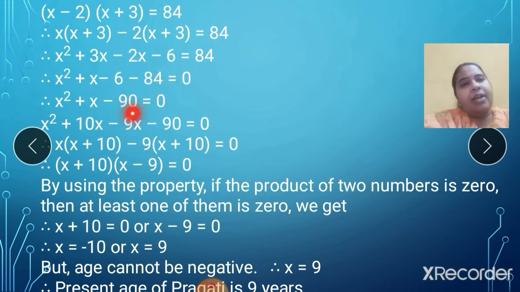You need to add it and put minus sign to the answer. So 84 plus 6 is 90. Since both are negative, it will become minus 90. Okay? Now this I have done by factorization method. Again I am telling you, if you feel that other than this formula method is okay, you can. But I feel easier steps should be, if it can be factorized, you should always go for factorization method.